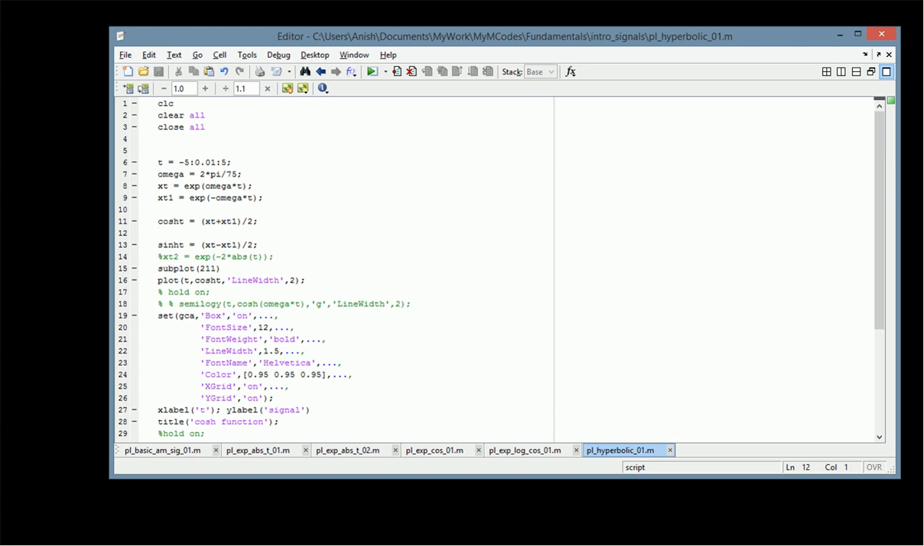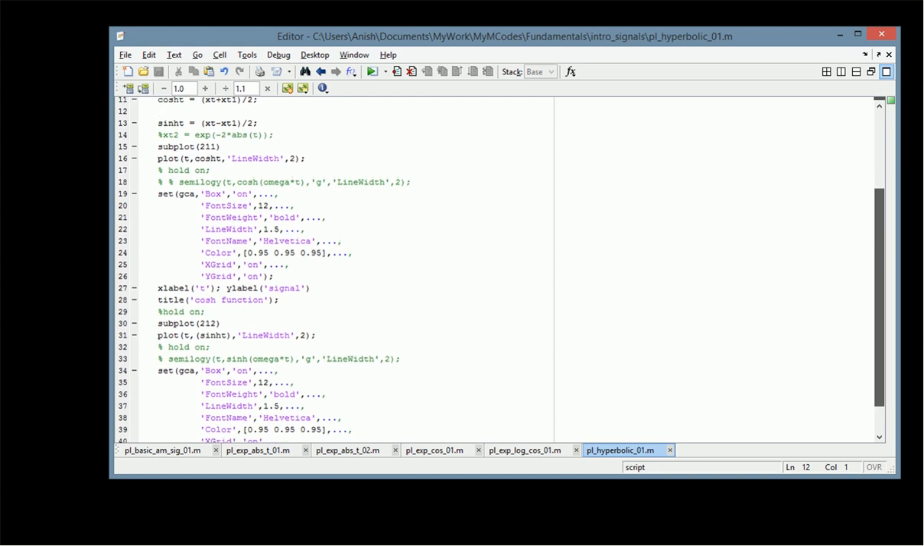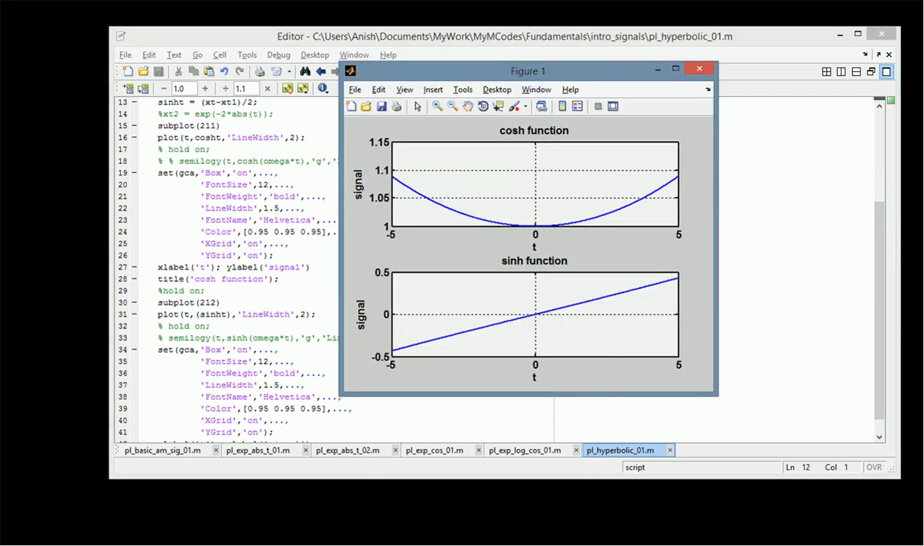Now once we have generated the signals cos ht and sin ht, we can just plot them. So plot of t comma cos ht, and with different plot characteristics, and then similarly we can also plot t and sin ht. Let us look at the results. So for the given frequency, we can clearly see the shape of both signals. That is, for example, for cos h function,